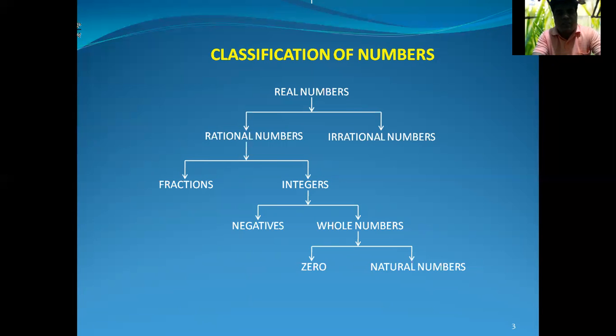So, rational number means what? The numbers written in the form of p by q. Actually, this consists of the word fractional number and integers. The fractions are of different types we have read: proper fraction, improper fraction, mixed fractions. All of these are written in the form of p by q, where q is not equal to 0.